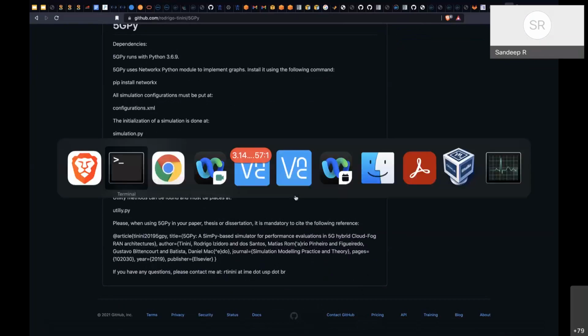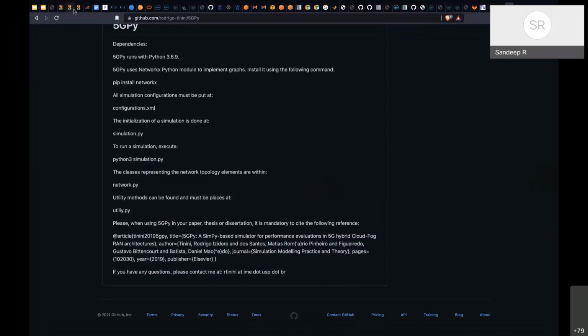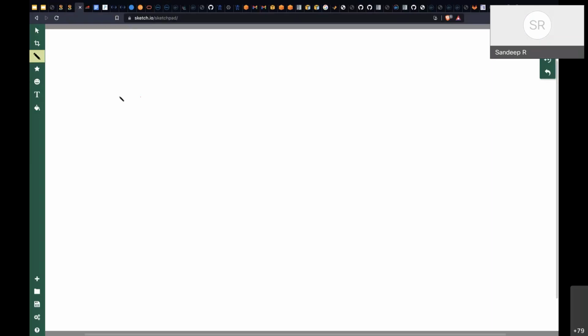So what they've tried to do is exactly this. They have tried to simulate a traffic generator, which is a host like a UE, user equipment. And they have simulated a tower, which is of course the RAN part, and they have actually called it RRH, the radio resource head.